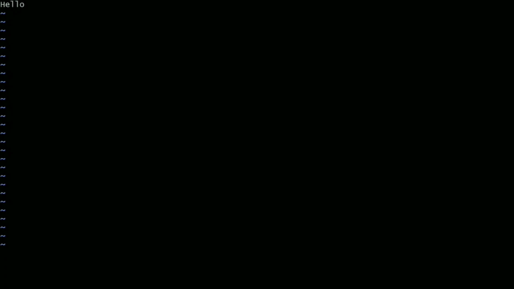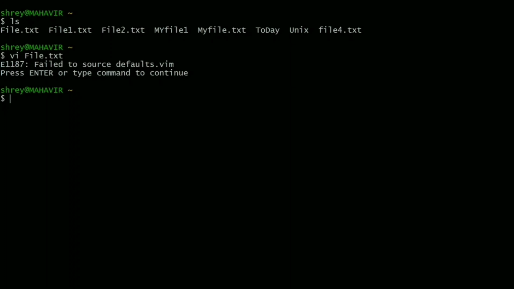I press the escape key to come out of the mode, then press :wq, and this content will be saved into the file and we will come out. To see that file, we use cat file.txt. The data present in that file is here.